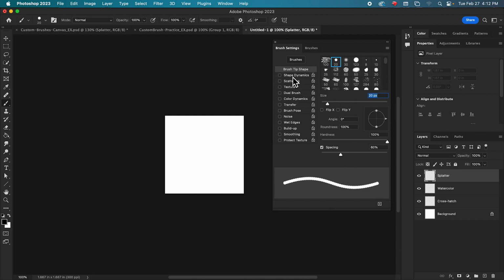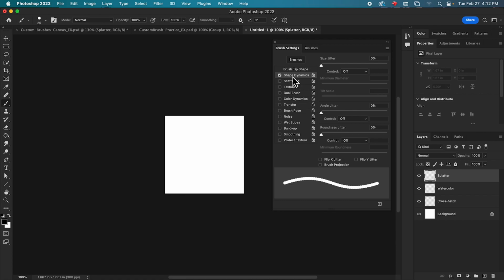Now we're going to go into some new options that we did not discuss with the hard round brush before. Let's start with shape dynamics. In the shape dynamics, we're going to change the size jitter to 100%. Now, if we take a look at our brush preview here, you will see that each of our brush tip prints, or stamps, if you would like to call them that, is now a different size as you go through.